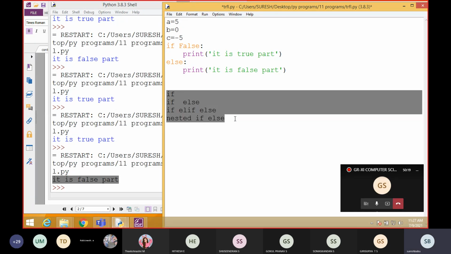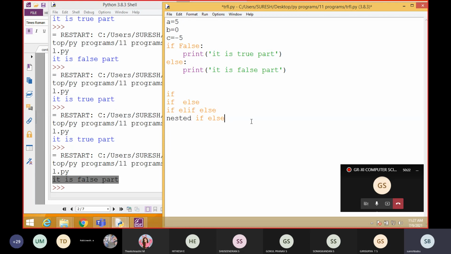So how do we select? I already showed you one program: write a program to find whether the given number is positive or negative. I just gave the name, that's all, that is the question. But I didn't inform you which type to choose in your program. We have to select any one of these types.